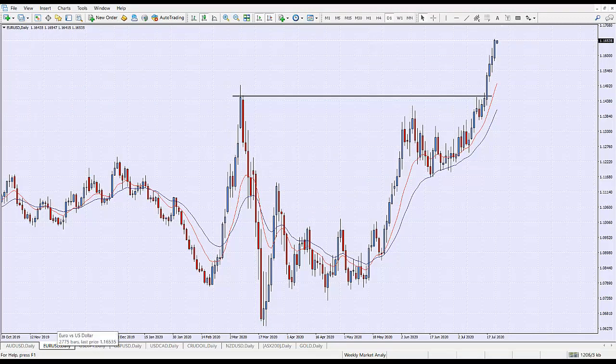All right, let's have a look at the Euro USD. Again, Euro USD last week, we were looking to see if we could get any kind of price action reversal so that we could trade in this direction. And if you study this cluster of candles, there is no reversal pattern at all in that. So there was no indication that it was going to reverse. So basically that meant that we didn't even attempt to trade this. All right. In contrast, we broke through quite strongly, I might add,